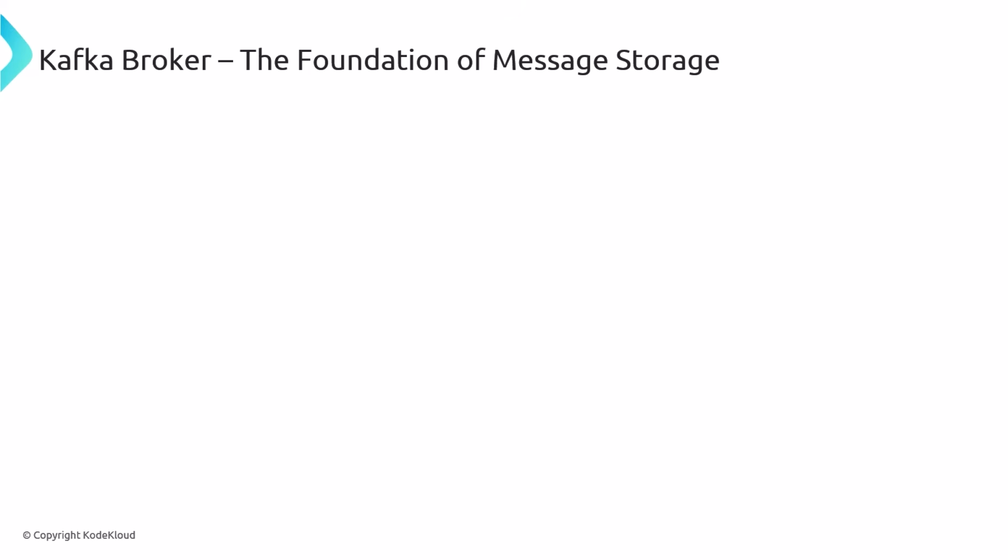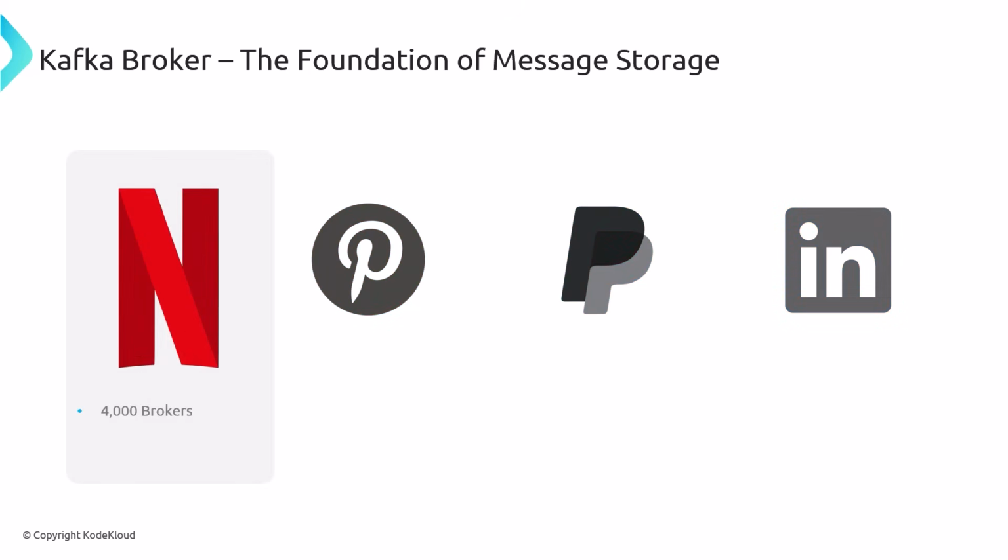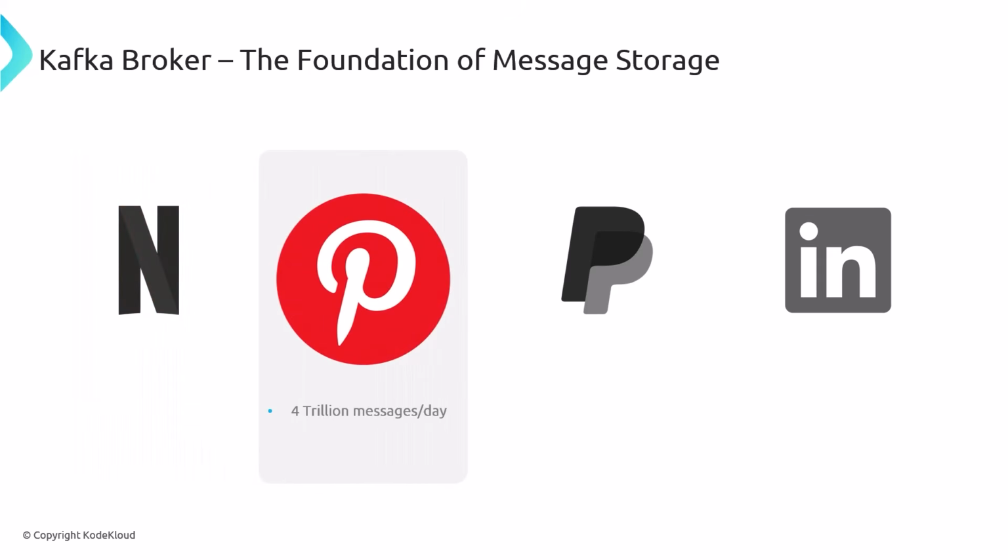in the world. Companies like Netflix, Pinterest, PayPal, and LinkedIn operate at an incredible scale, running thousands of brokers across massive clusters to handle trillions of messages every day. Netflix leads with around 4,000 brokers across 50 clusters, supporting a trillion messages daily to keep your streaming experience seamless. Pinterest matches that scale, pushing 4 trillion messages a day at 50 GB per second, storing an exabyte of data